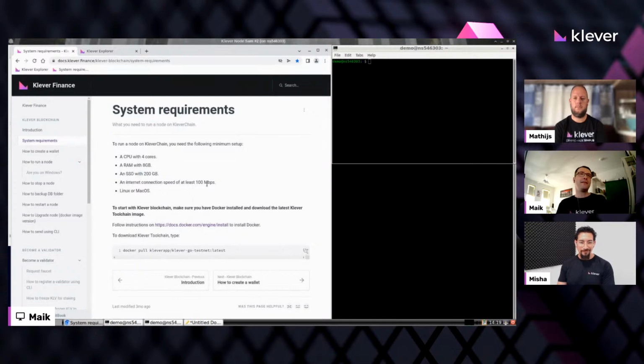The next step is to just start a shell. In this case, I've opened a bash shell, and you can already start to pull the latest image of the validator application. So you copy the